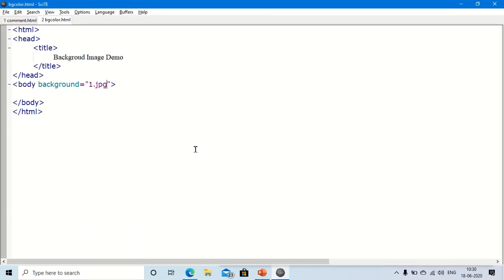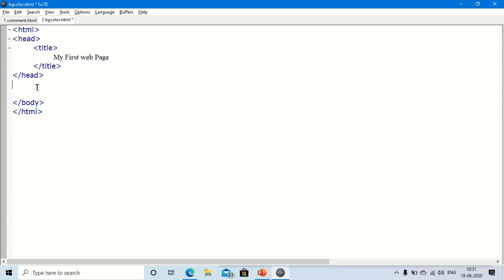How to change the text color in a web page? Here we are going to understand. I am going to write my first web page as an example.